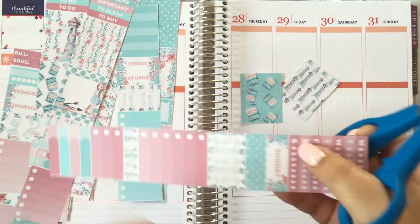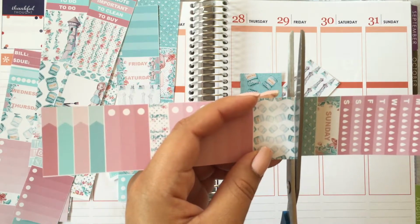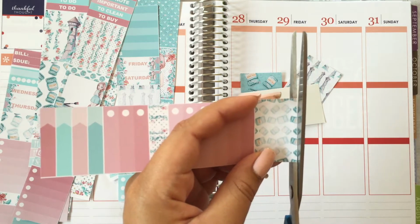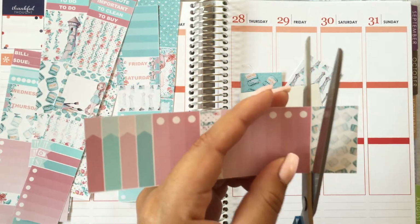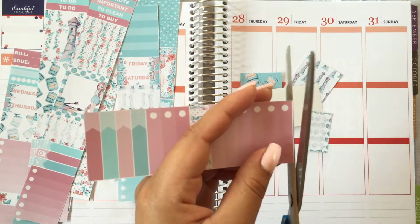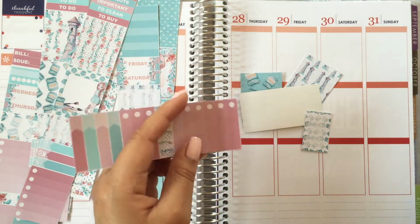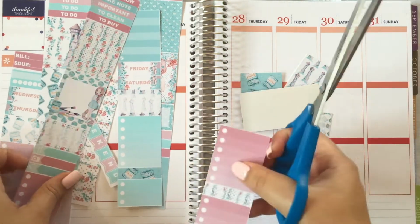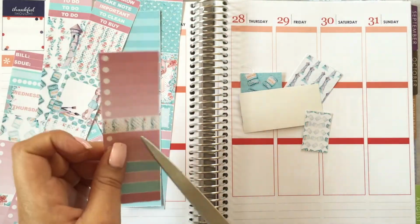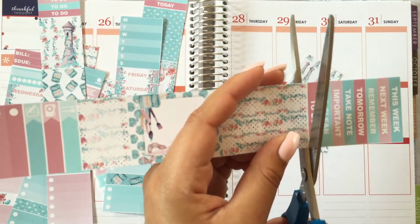Plus the ones in the shop that I give you, or you buy from, are all stickers that I designed. So I don't really want to do printables for those, but I know sometimes it's just so much easier to buy a printable at a lesser cost. So anyway, these are in the shop, and they do come with a little washi for you guys. These are more than enough stickers to